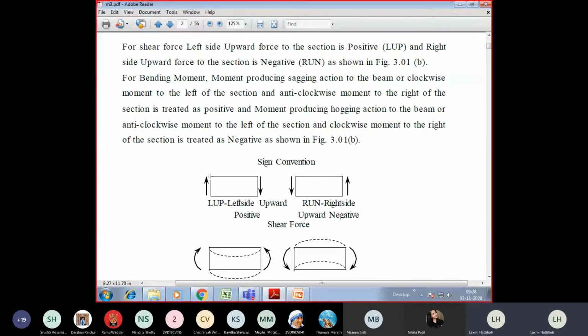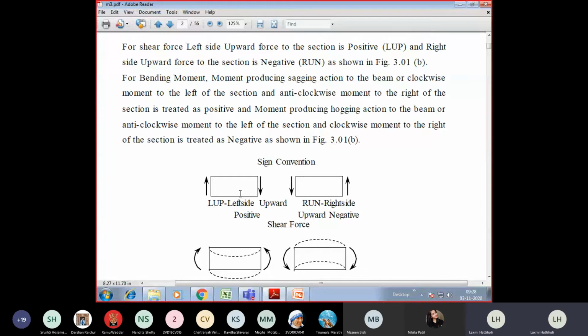Okay, perpendicular to the cross section. Let's say that these are the forces. Can you see these forces on these two blocks? Yes, ma'am. Okay. Now, when you'll be writing the equilibrium equations, you need to follow the sign conventions always.